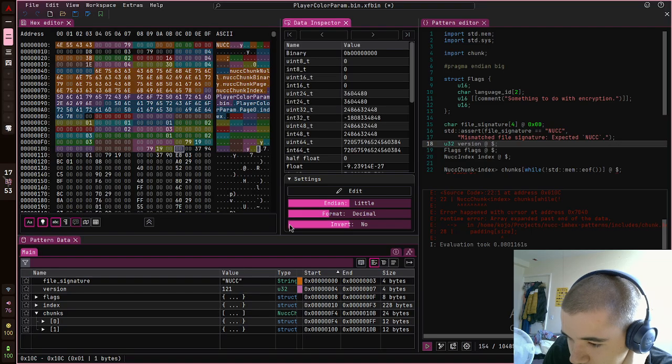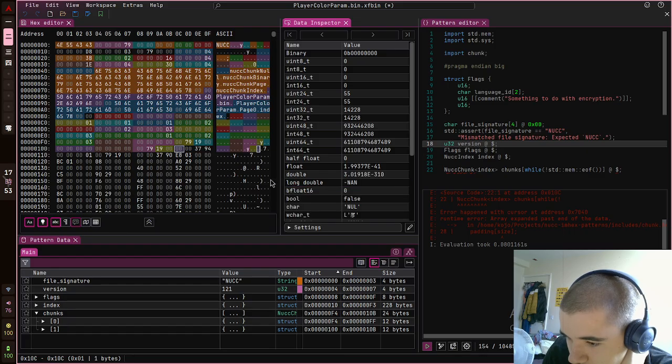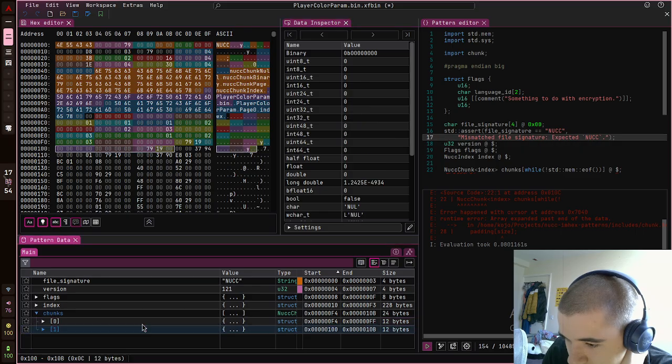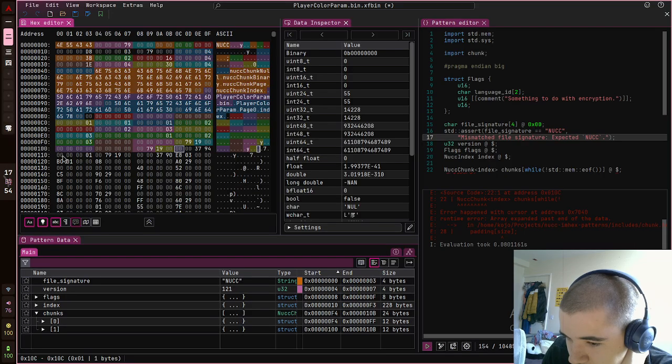What's this? 1, 4, 2, 2, 8. A size, I assume. So 1, 4, 2, 2, 8. The mysterious bytes. Then we have 1, 4, 2, 2, 4. And that's the size. Now the size may be too big, so if we scroll to the end of this